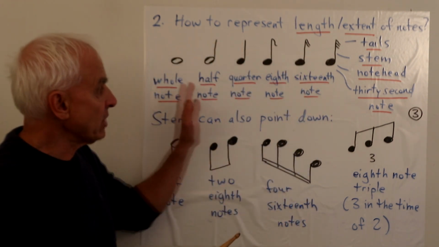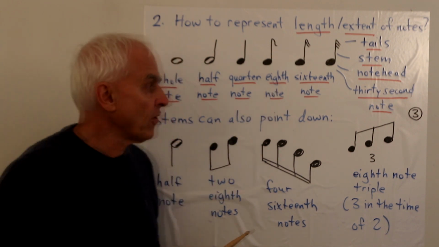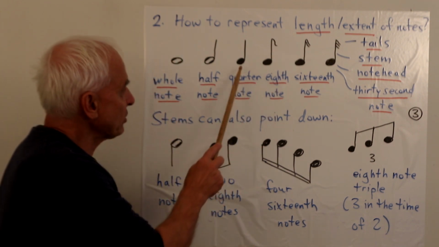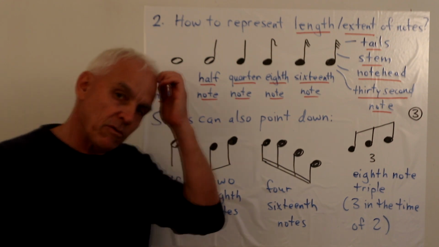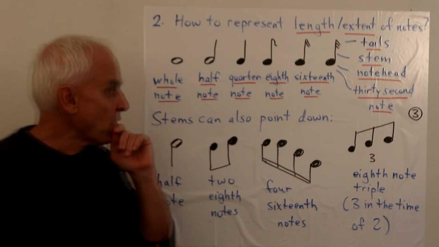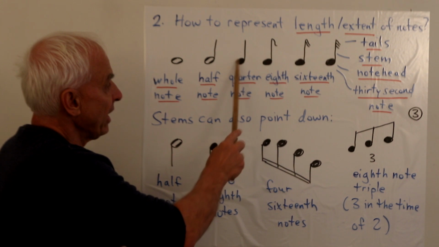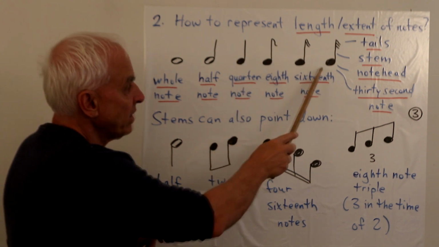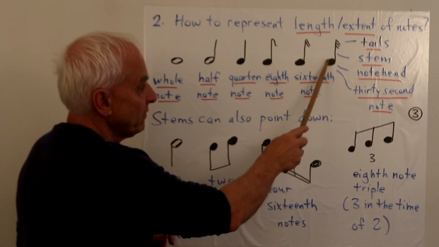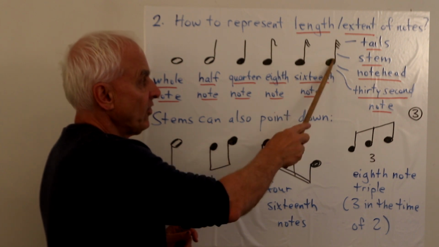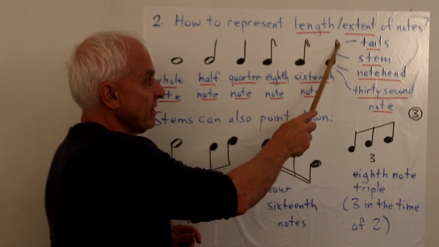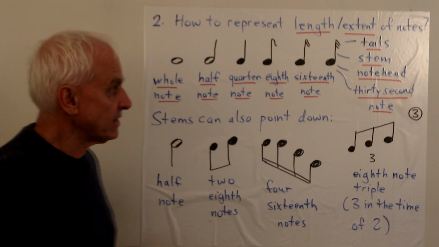So here is the standard convention that we use, and probably the best one to start with is this quarter note, which sort of plays a central role. So the quarter note is represented by a solid note head. So in terms of notation, this part of it is called the note head. This is called the stem. And then if there's some things like this, like little flags, they're called tails.